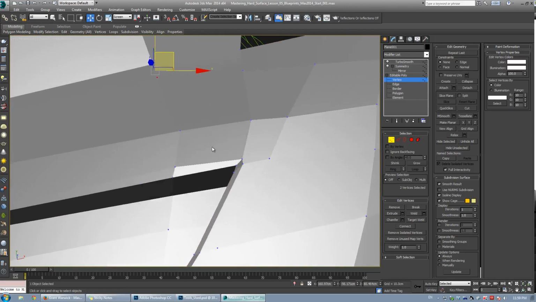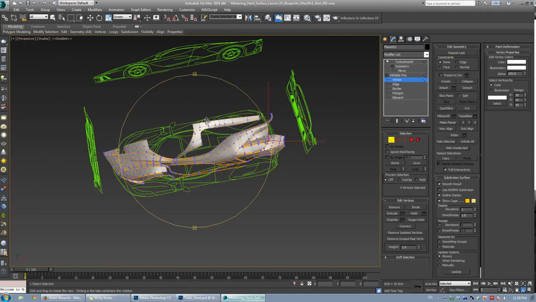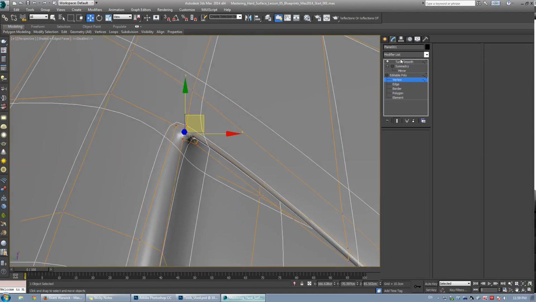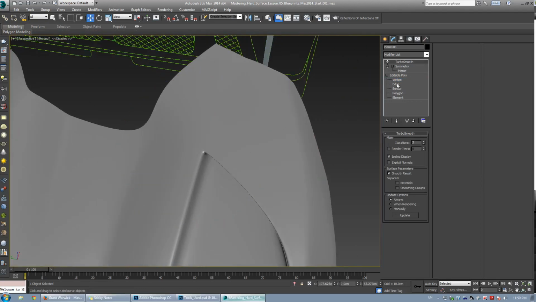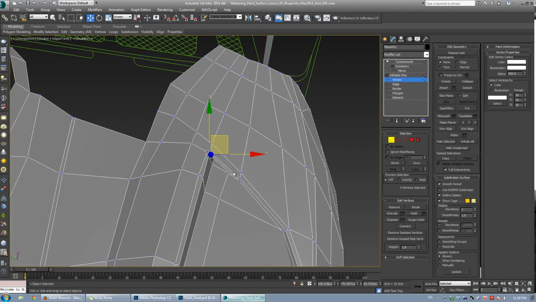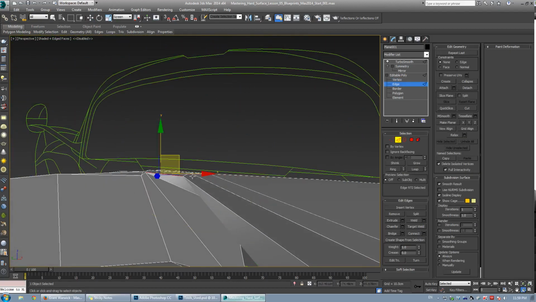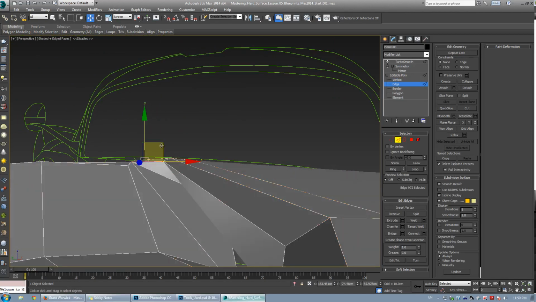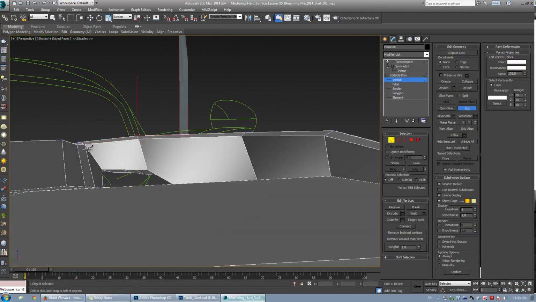So you can see zooming in at that level, I'm just going to turn off symmetry here. Zooming at this level, sometimes you need to go into turbo smooth and just add a third one. And what I'm doing here is, because our polygon distribution isn't flat, it just goes horizontal and then in, it's creating too much of a pinch. So what I need to do is pull that down and possibly even add a support loop underneath,